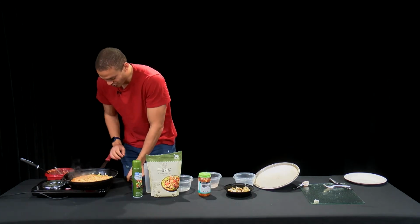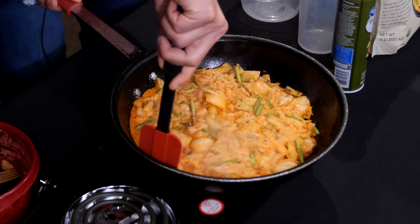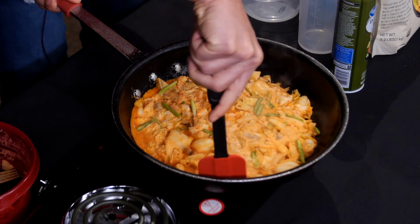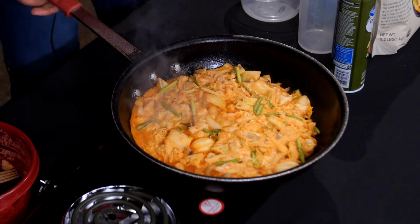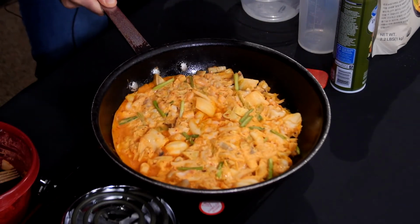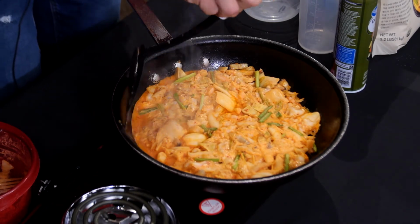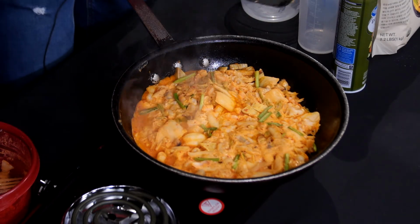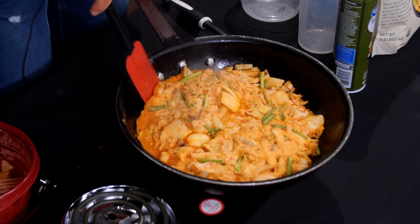So let's hope, again, we're hoping that this thing releases, because I really do wanna show you the underside of this thing in one piece, because when it's flipped, it looks great. All right, let's give this another shake. It's still not quite ready. That's the thing. I don't know if it's not quite ready, or if it's not gonna fully release. So I'm gonna go in with my bigger spatula, and I'm going to not go in with my bigger spatula because I don't have a good angle of getting all the way underneath this. And I'm going to,